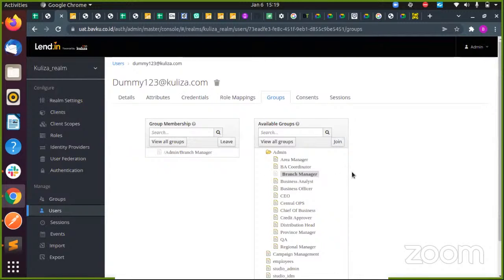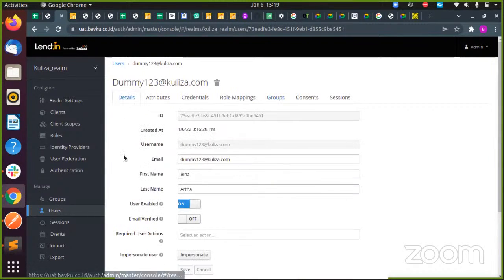And coming to, if you want to group multiple groups for the single user, you can... Sorry to interrupt, Bharti. Yes, we can go for multiple groups as well, but just to reiterate what Bharti has explained till now. Let's imagine that as of now, this dummy123 is a branch manager, and let's say he left the company and some another branch manager joins. So what you have to do is delete this dummy123 person from your user creation,